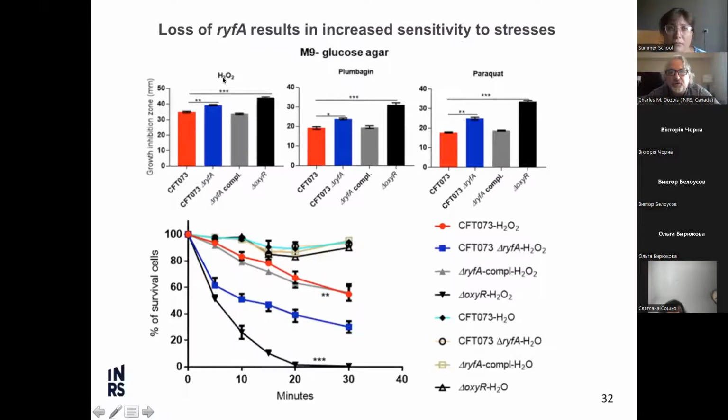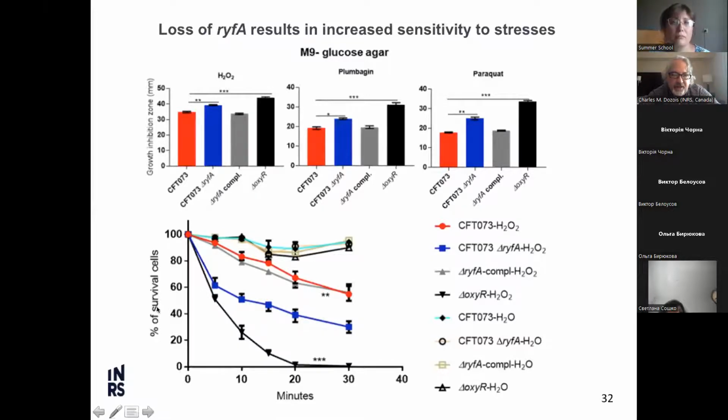So here we have hydrogen peroxide. So that's more of a hydrogen peroxide stress. Plumbagin and paraquat can be more of a superoxide stress. And so again, you see the control here is a mutant that's highly sensitive to all of these different reactive oxygen species generating compounds, the OxyR mutant. And we see that the RIF-A RNA mutant is not quite as sensitive as the OxyR mutant, but still is more sensitive to these different types of ROS generating